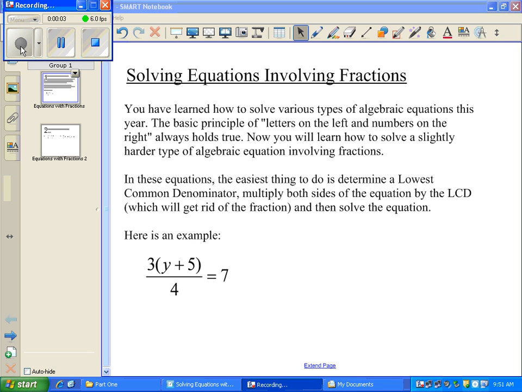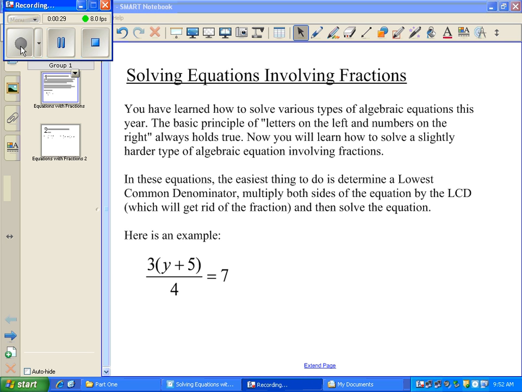So this tutorial is on how to solve equations that have fractions in them. And the basic idea with equations with fractions is to get rid of the fractions so that they're no longer there, and then you can treat them like all of the other equations that you've already learned. The way that you get rid of the fraction is to look for the lowest common multiple or lowest common